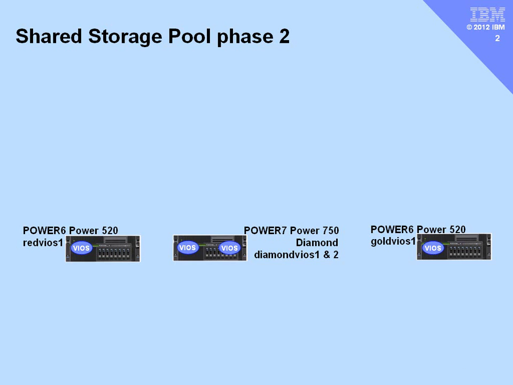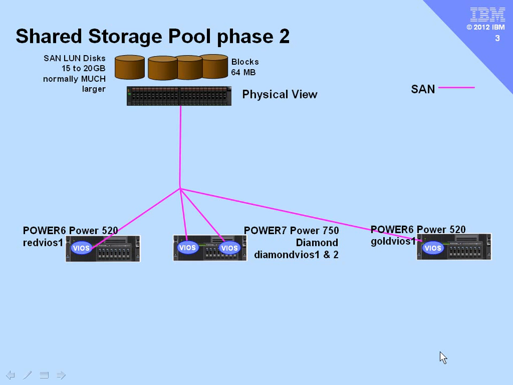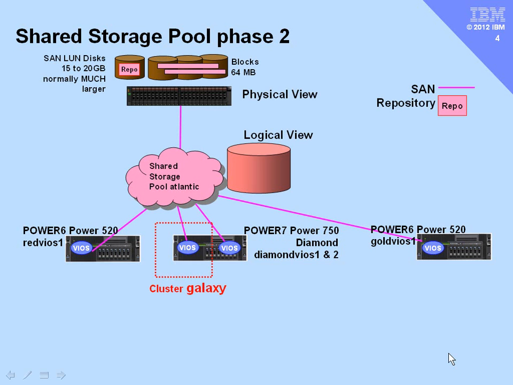We have 3 machines, 2 Power 6 and in the middle a Power 7, which is a dual VIO server machine. These are connected to the same storage area network, and we've assigned LUNs and they've been zoned so that they're visible to all the VIO servers that will make up the cluster. We're going to initially create our shared storage pool on one particular VIO server. This logically will then have some disk space in it which we can allocate to our virtual machines. At the back end, of course, it is a group of LUNs. One of those is the repository, and the rest of those will be the data LUNs from which we can